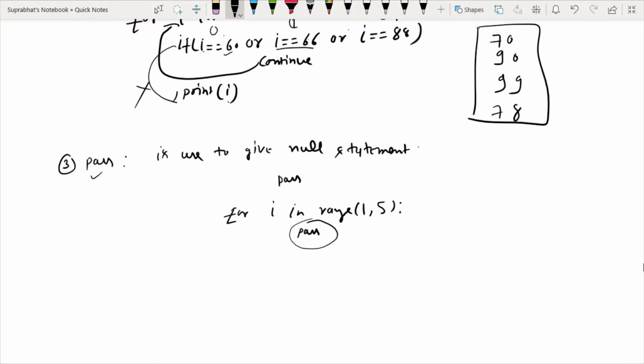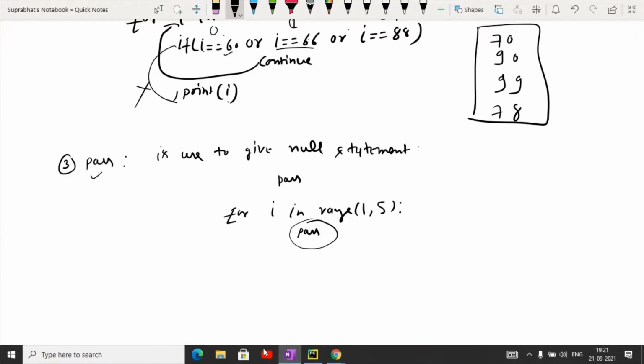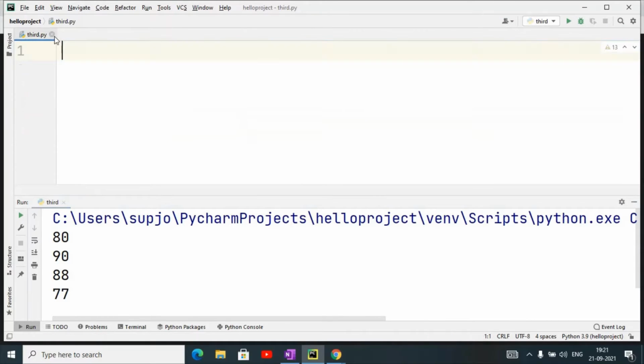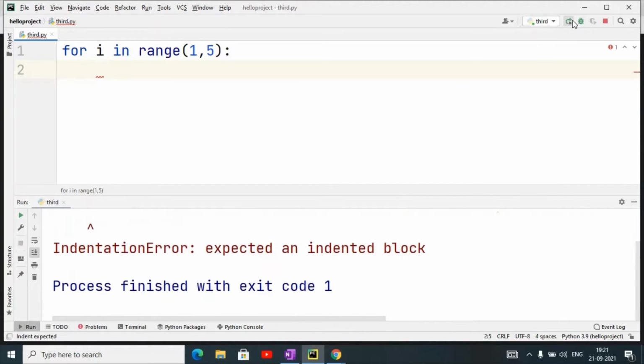We will understand it correctly with a PyCharm example. For example, for I in, suppose I have taken the range function to give the range values. If I do not give anything, then this for loop gives an error. Why? Because in this for loop I have not given any statement.